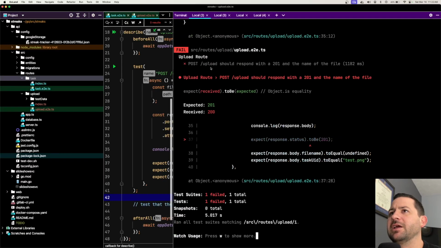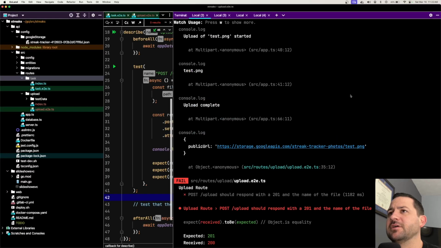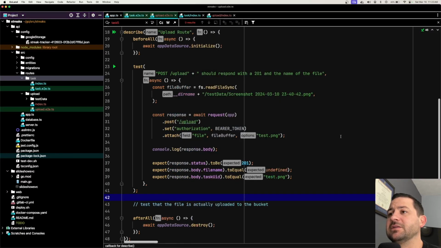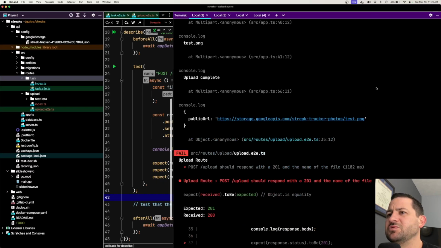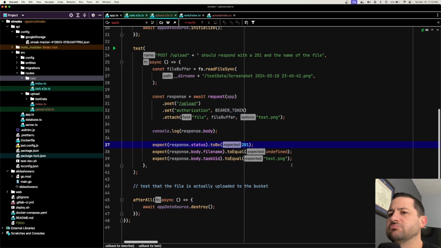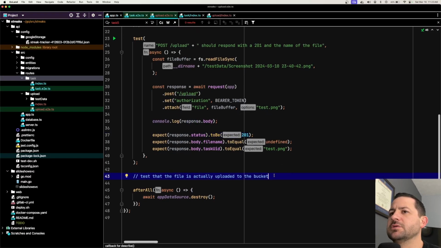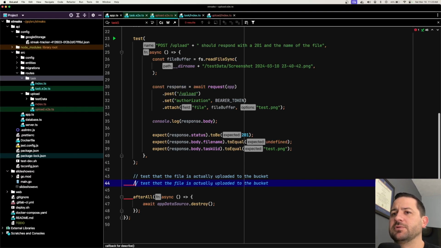The biggest thing would be, if we ran it again, it ran it again. I guess we're quote unquote having to pay for these uploads, and technically our tests could be slower because they're actually going out and hitting Google. But I think perhaps this would be fine to do. So let's keep it as is. So let's test that the file is actually uploaded to the bucket. Let's test that only authenticated